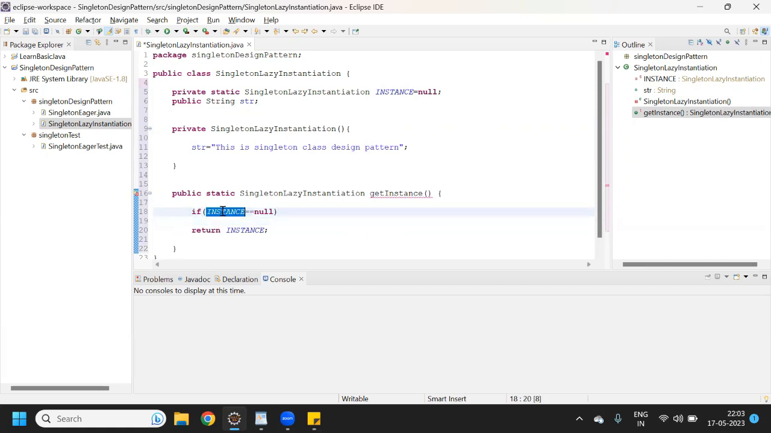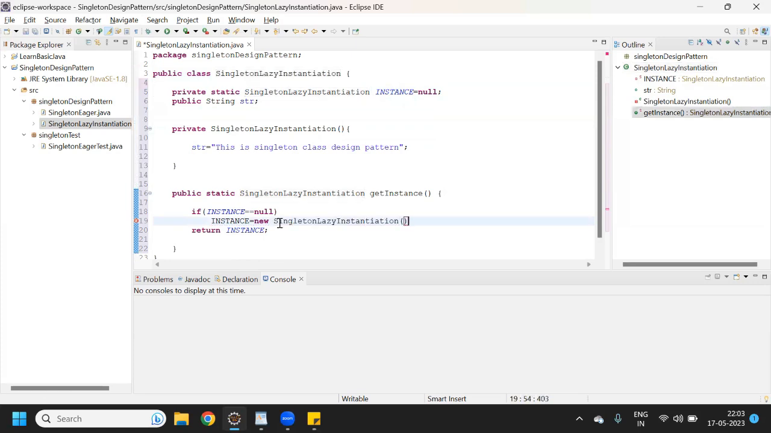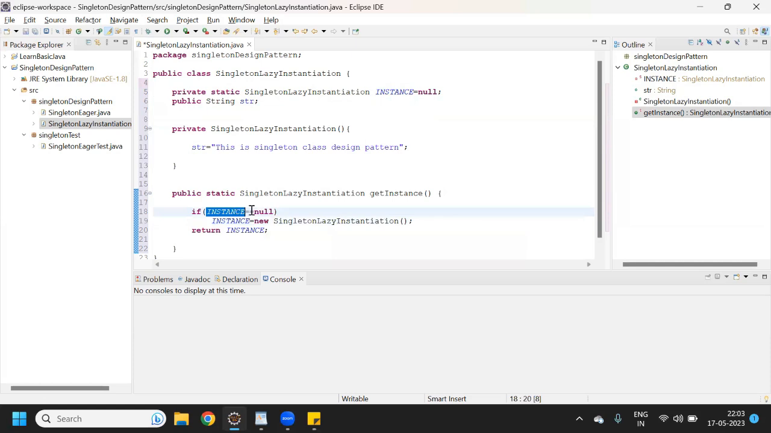So if instance is null, then it will create one object. So how can you create an object? With the help of this instance is equal to new, and then this class name, right? So when it finds this instance is equal to null, then it will create an object here, right? And after that it will return this instance,